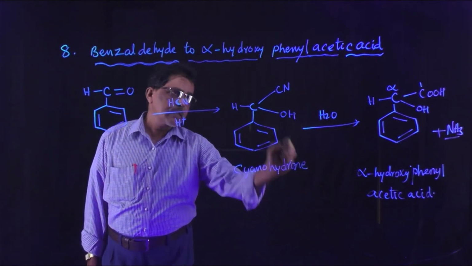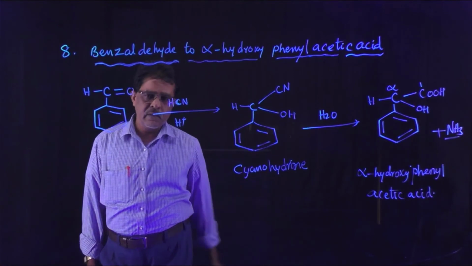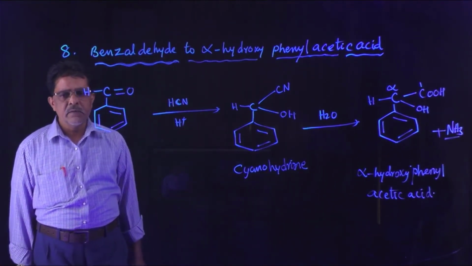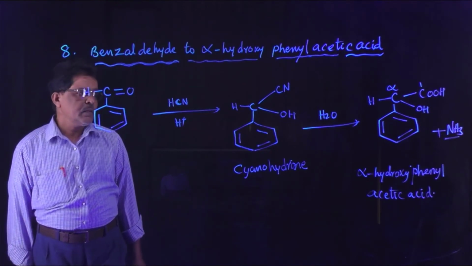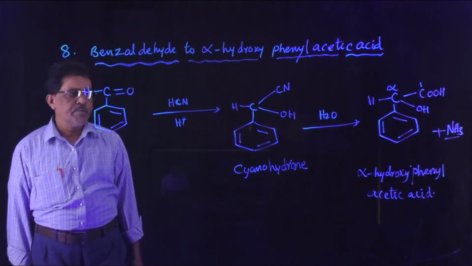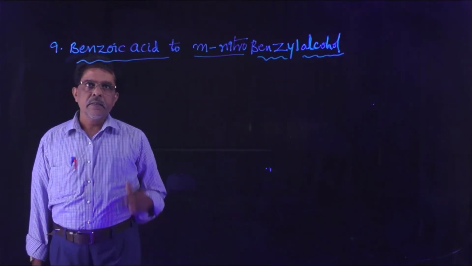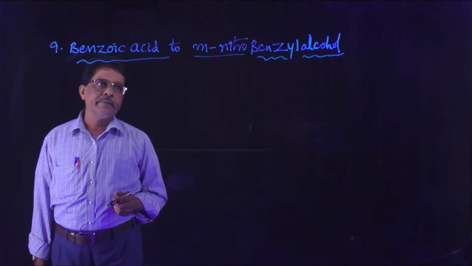Cyanohydrin means a cyanide group and a hydroxyl group are present in the compound. This cyanohydrin is subjected to hydrolysis, then we will get alpha hydroxy phenyl acetic acid. Right, understand? And the next conversion, benzoic acid to